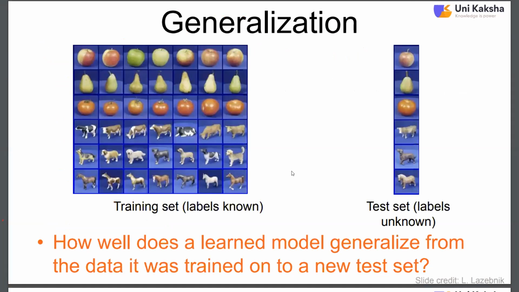Yes, the generalization. Whatever data sets we have collected will be categorized or split into two forms, training sets as well as test sets. As I said previously, 70% to 75% of the data can be used for the training purpose, and 25 to 30% of the data can be used for the testing purpose.